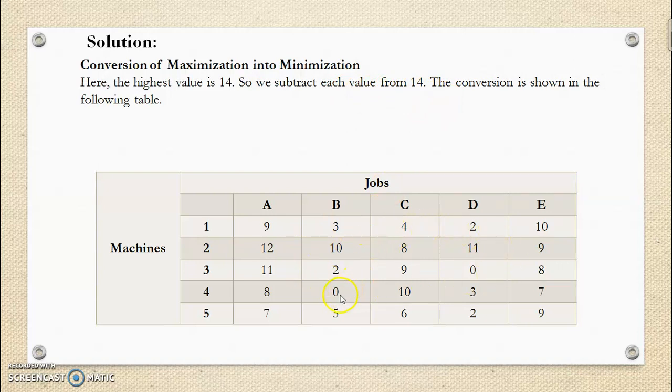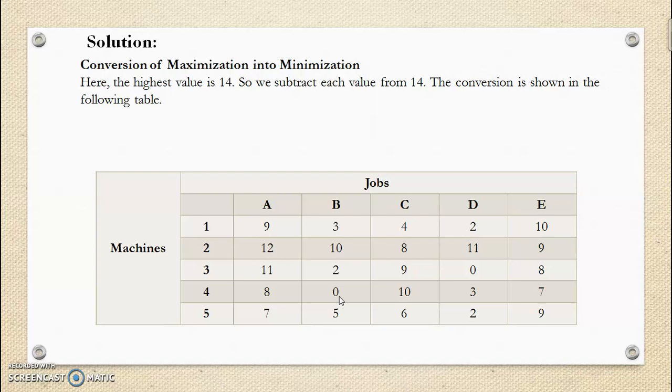Now observe here, at the places of the highest value, that is the maximum value, after subtraction we get 0 at these places. Thereafter we have to apply the Hungarian assignment method in the usual manner, that is row operation, column operation, assignment. If the assignment is optimal, stop there. If the assignment is non-optimal, then we have to improve that solution after certain modifications.